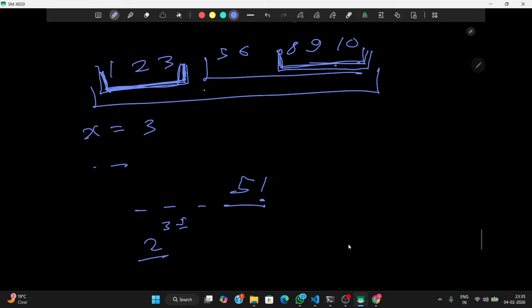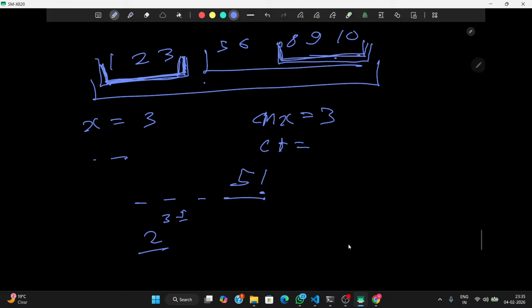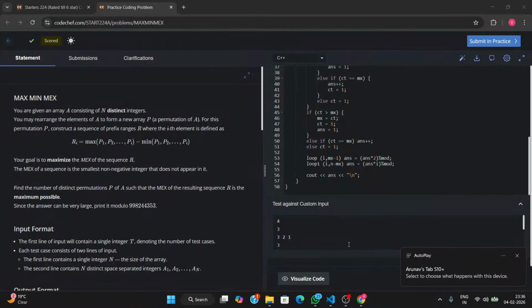For that, suppose the maximum is mx, which is 3 here, and the count, the number of times we can make this mx, suppose it is 2 here, right? We will simply calculate mx using two pointers. Sorry, not using two pointers, simply using count. If the next element is an increment of 1, then we will increase the counter. If the next element is an increment of something higher,